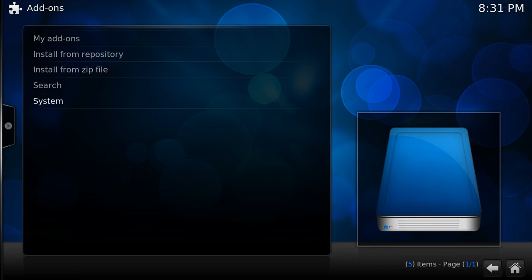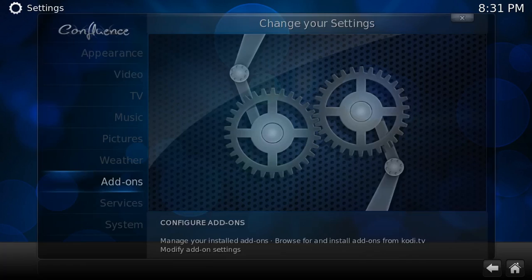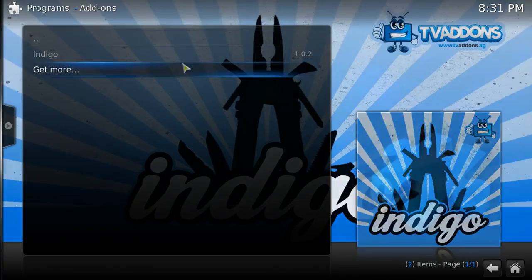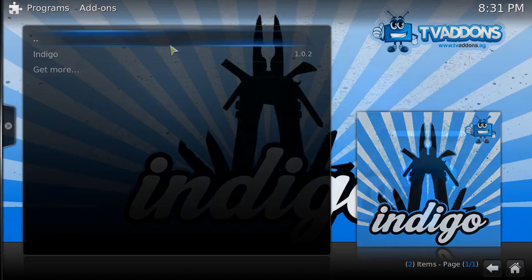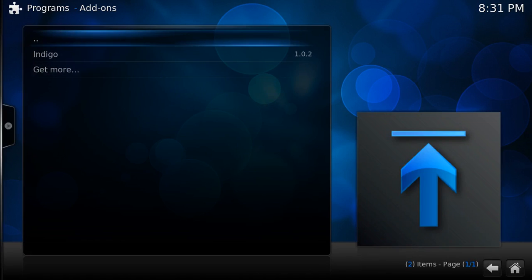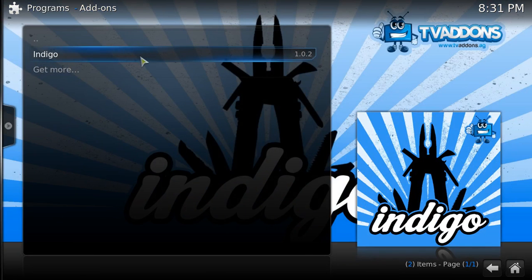It may be frozen if you have a really slow computer, or it's just taking forever, and it may be frozen if it just crashed for some random reason, but most likely that will not happen. Now, if we go to programs, you'll see that we just have Indigo. Well, sometimes it won't be there, and when it is there, you may or may not get a little notification that says Indigo has been installed. But anyways, you want to go to Programs, Indigo,